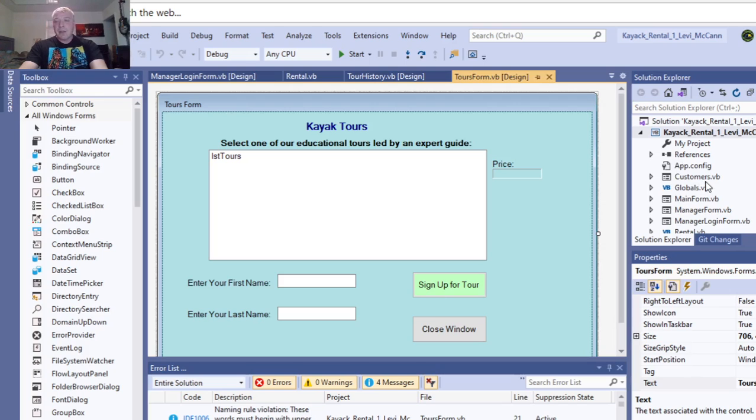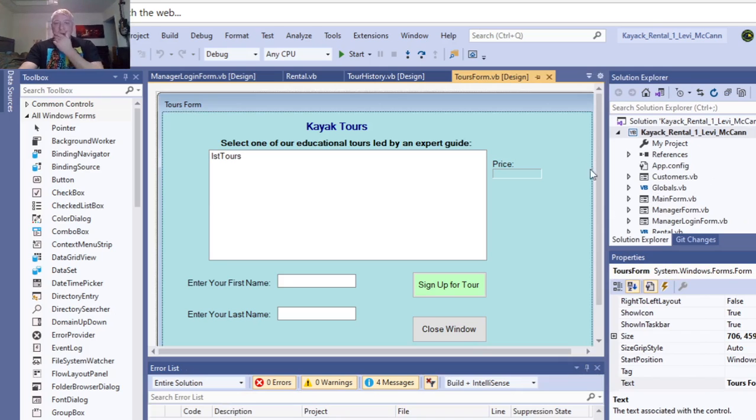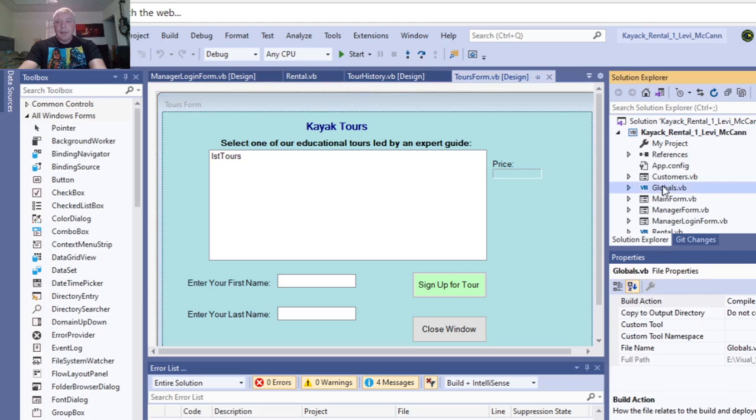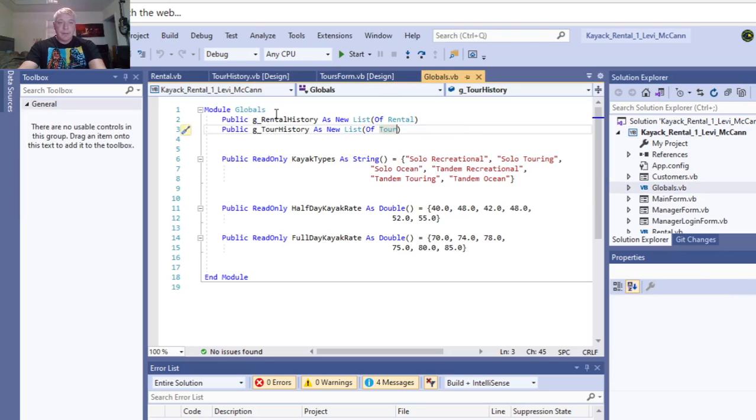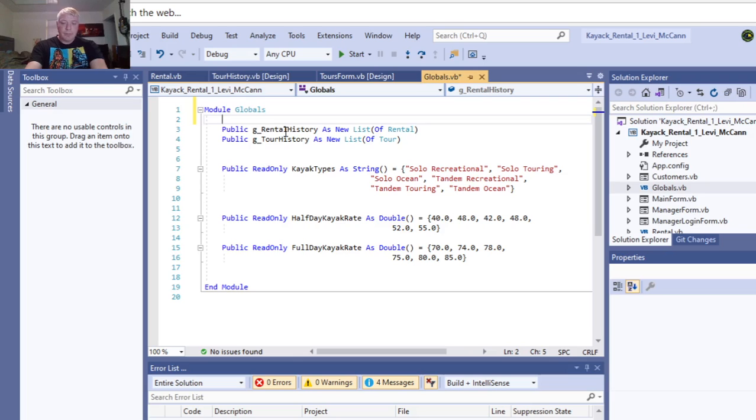Well, there's a lot of stuff in here now. This is the Kayak tours form. Let's take a look at the globals first. These are our global variables. So we got a rental history as a list, a tour history as a list for our tours. This is our kayak types here that we added in as an array,